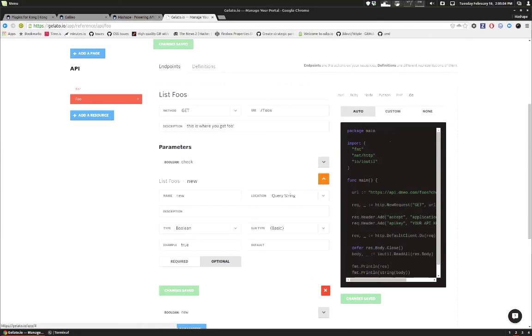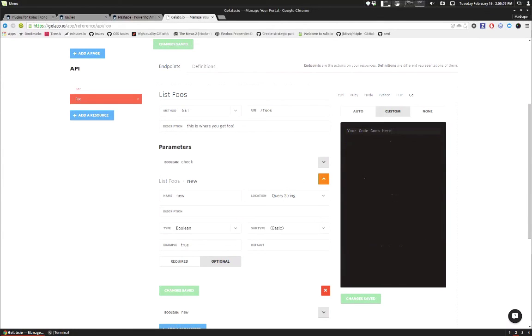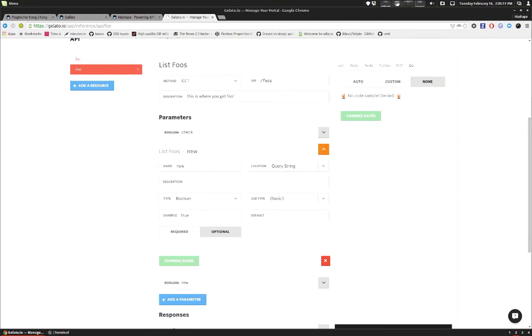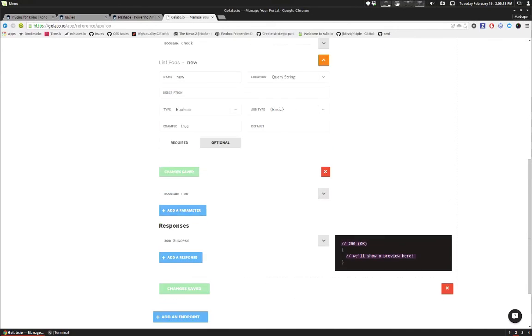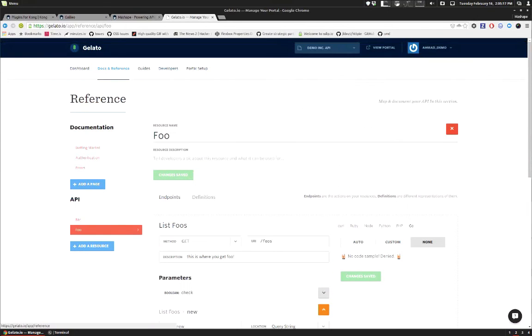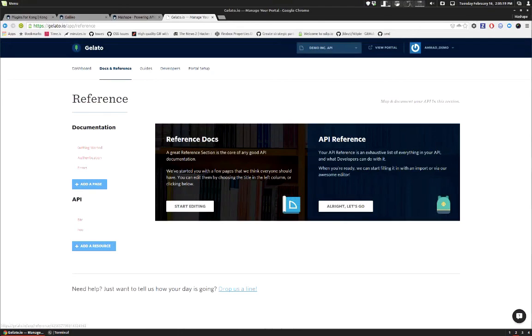So you can choose what language you want to use, or you can create your own custom stuff if you have an SDK or something else, or you can remove the API code generation altogether. Regardless, this form is very flexible in terms of helping you describe your APIs and doing it all manually from scratch. Most people actually use,